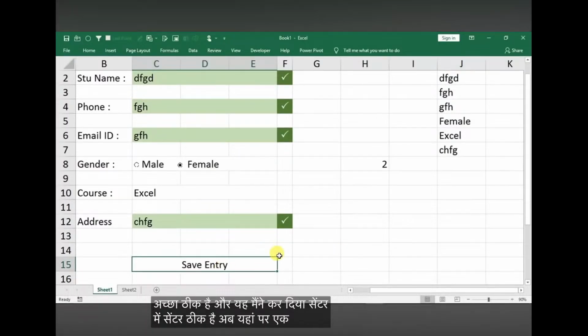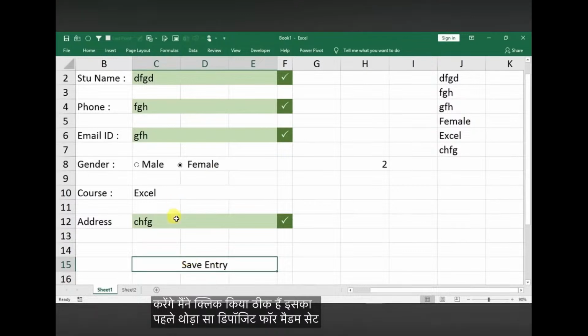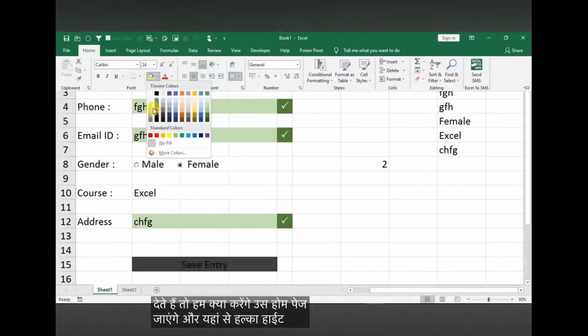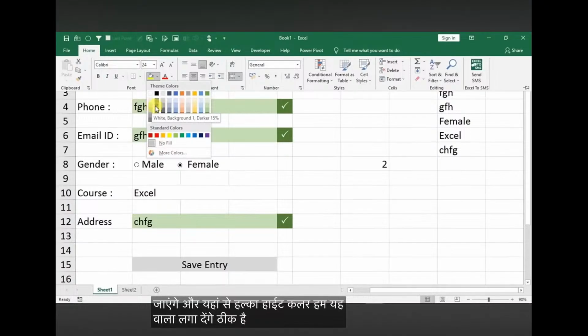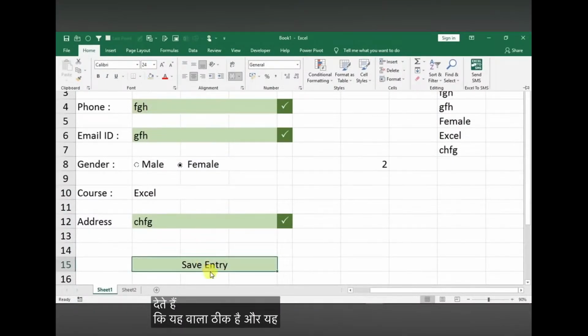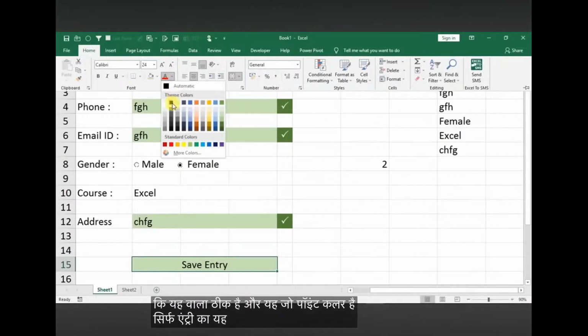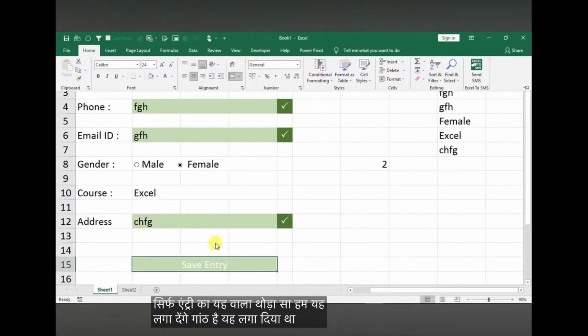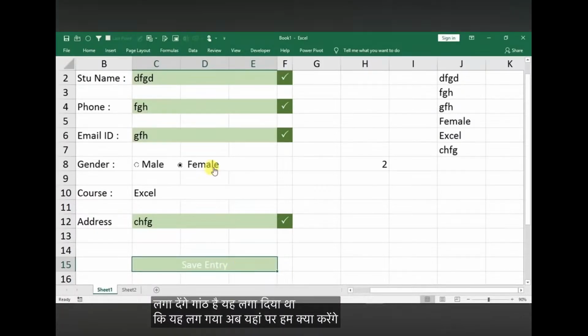है, अब यहाँ पे एक काम हम करेंगे, मैंने इस पे क्लिक किया। ठीक है, इसका पहले थोड़ा सा डिफॉल्ट फॉर्मेट हम सेट कर देते हैं। तो हम क्या करेंगे, होम टैब पे जाएंगे और यहाँ सेल का हाईलाइट कलर हम ये वाला लगा देंगे। ठीक है, हल्का ग्रीन लगा देते हैं, ये वाला। ठीक है, और ये जो फॉन्ट कलर है सेव एंट्री का, ये वाला थोड़ा सा हम ये लगा देंगे। ठीक है, ये लगा दिया, ये लग गया।